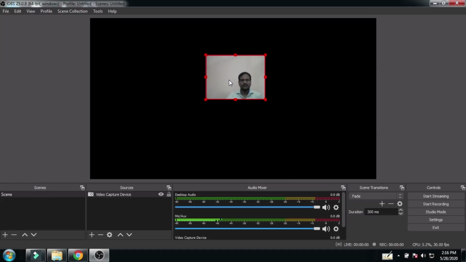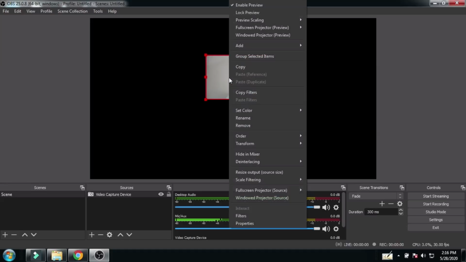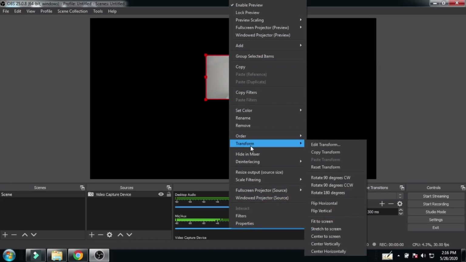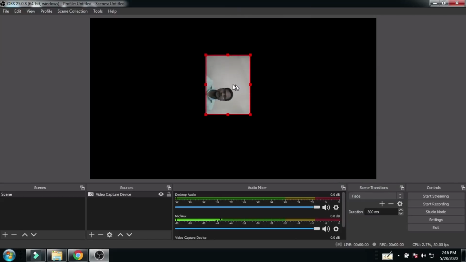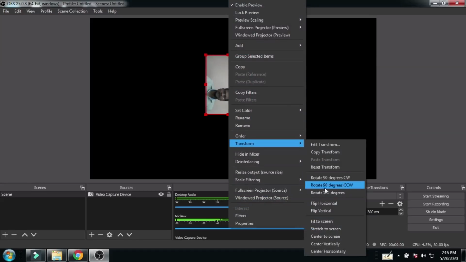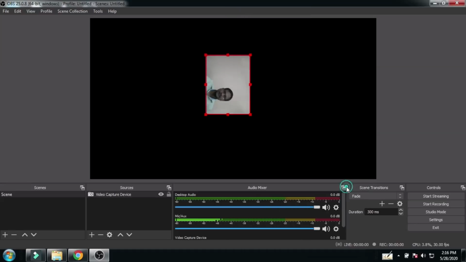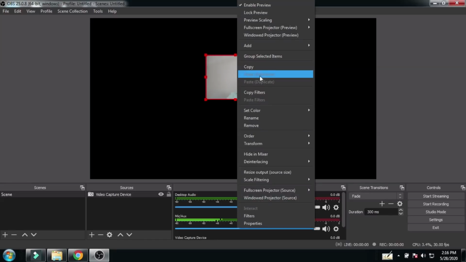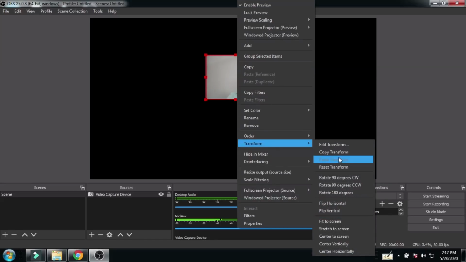Again, the second option is there. Just go to transform, go to the rotation button, and check that the face is getting rotated. To undo this, click rotate 90 CCW, it comes to the original shape. Again go to transform, again select any section, for rotation CW and for opposite CCW.